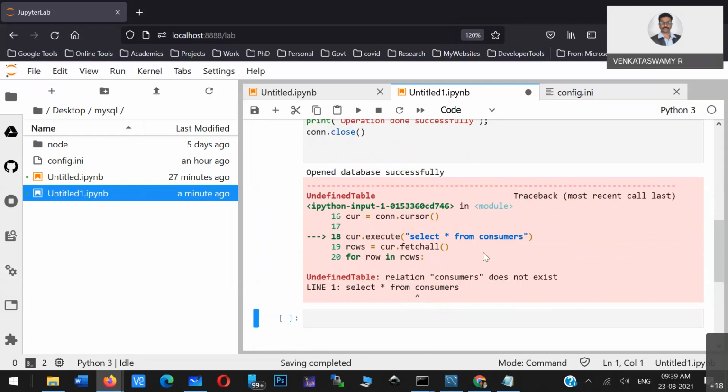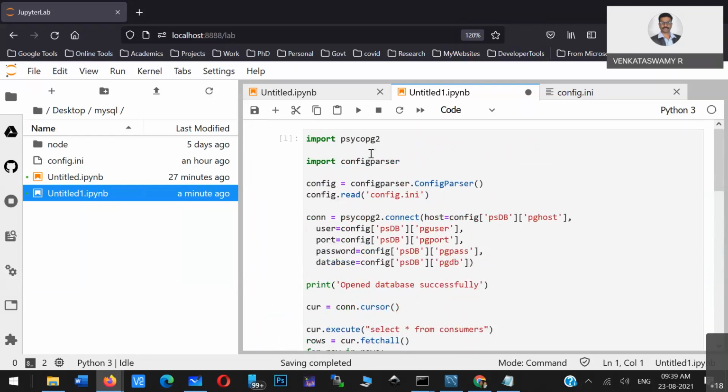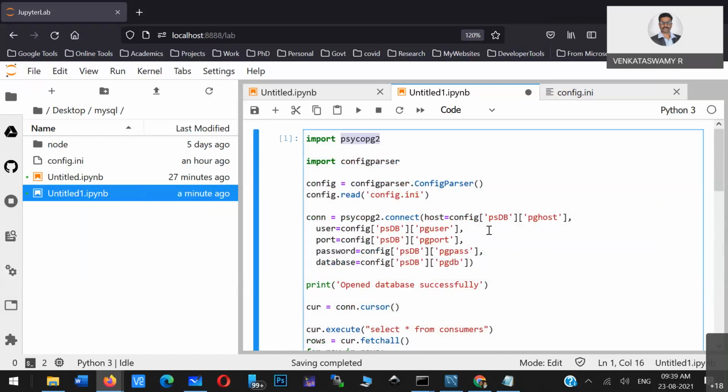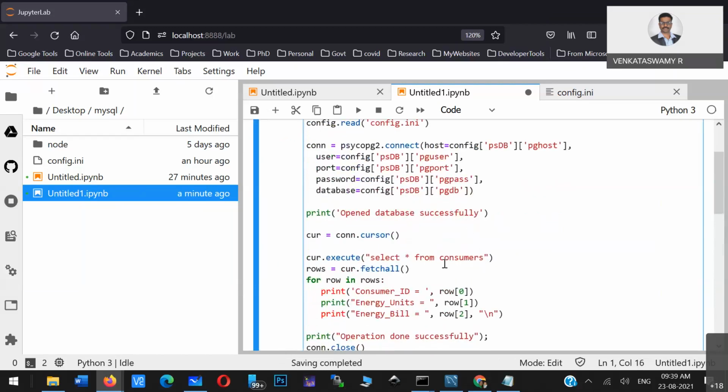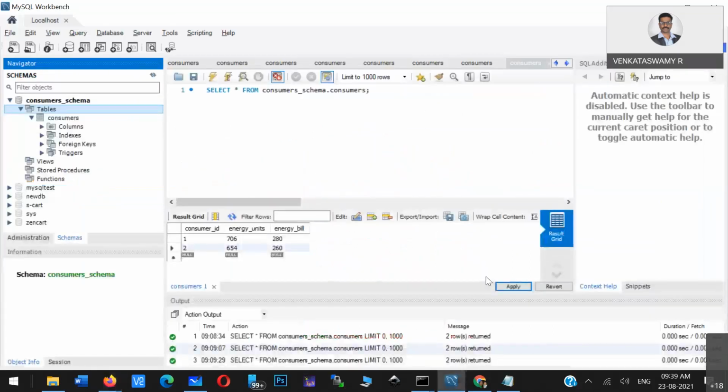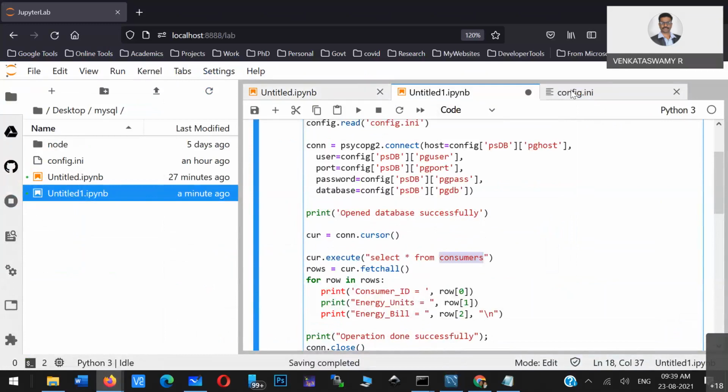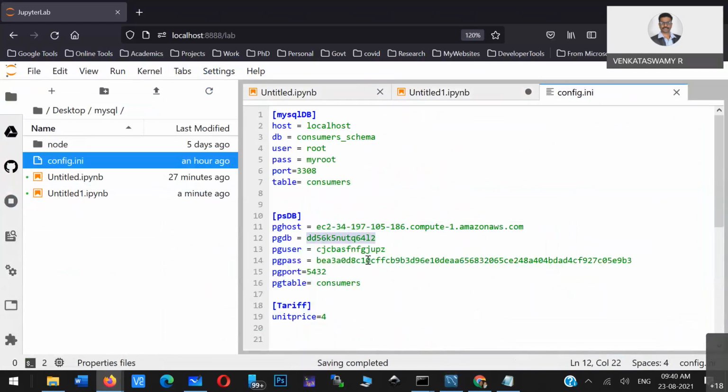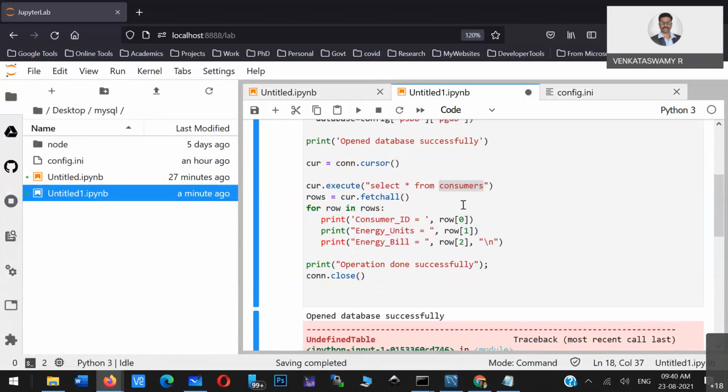Consumers does not exist. I connected to PostgreSQL and the database name is correct. Maybe the table name. Is it single quotes? A single quote and a double quote in Python are almost the same, so there should not be any problem.